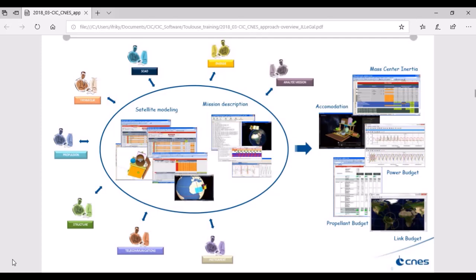Why is this done? Because one needs to generate reliable initial spacecraft sizing in terms of mass budget, power budget, propulsion budget, link budget, and so on, as well as a proper accommodation and configuration. All right, I'm going to dive right into